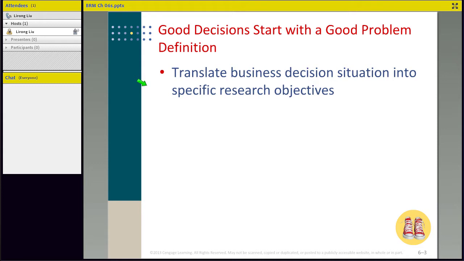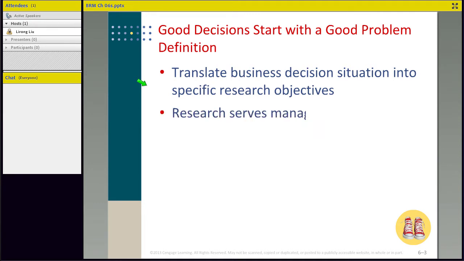However, for the researcher, he needs to think more broadly. He needs to gather more information, because the way he defined the problem will eventually shape or determine what decision he will be able to come up with, or what conclusion or solution he will be able to come up with. Okay, so for James, he needs to translate business decision situation into specific research objectives. Okay,